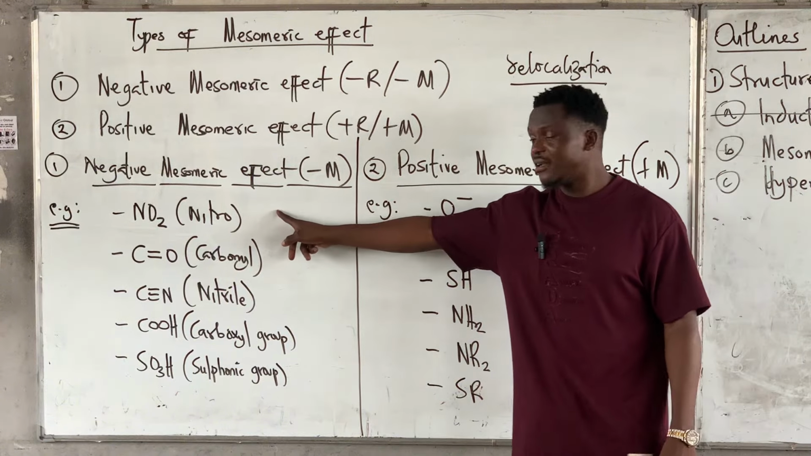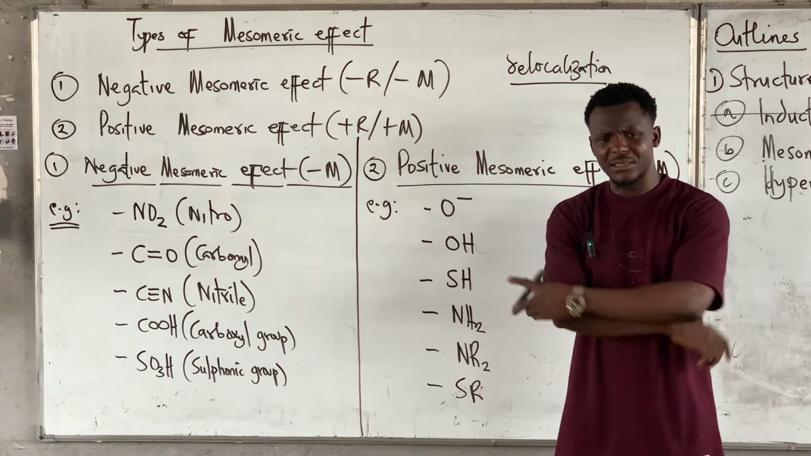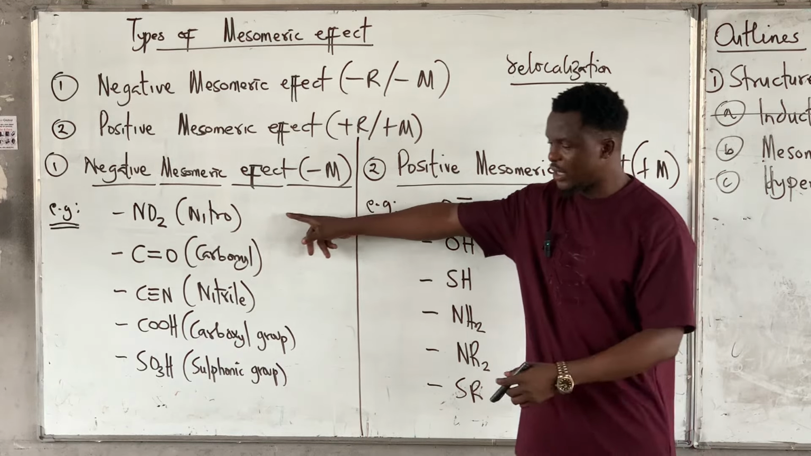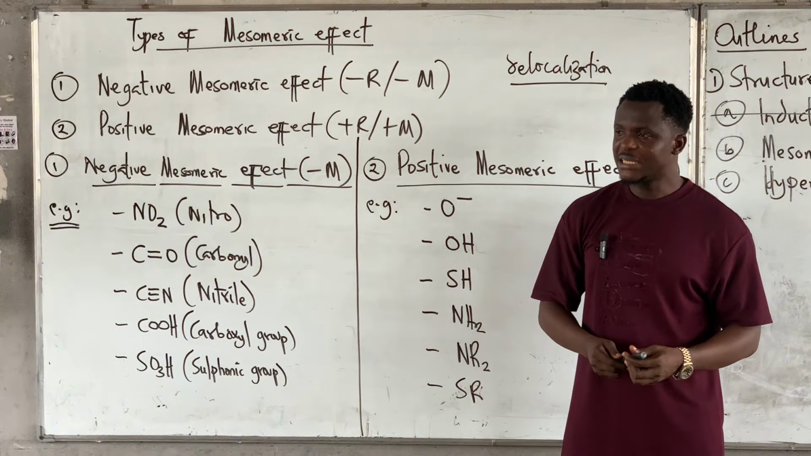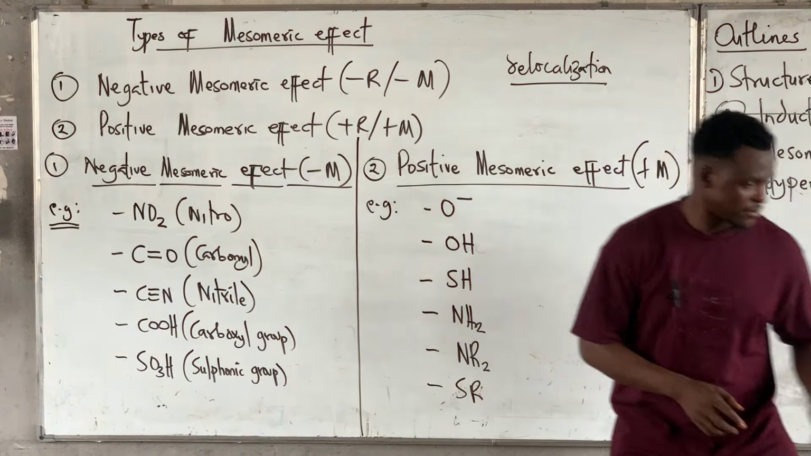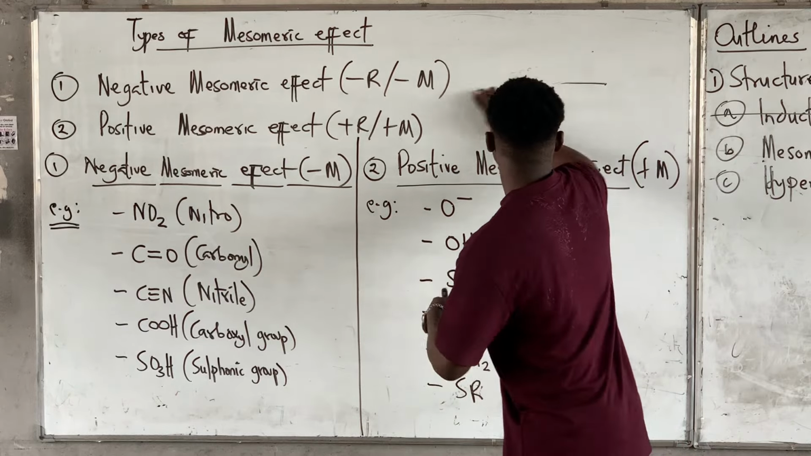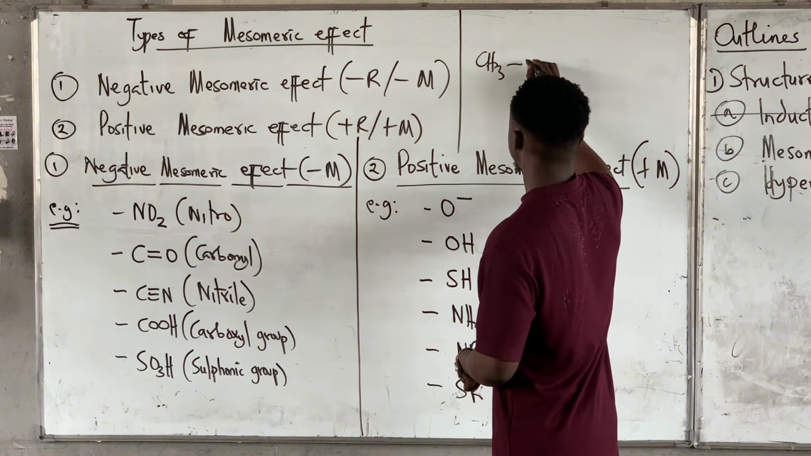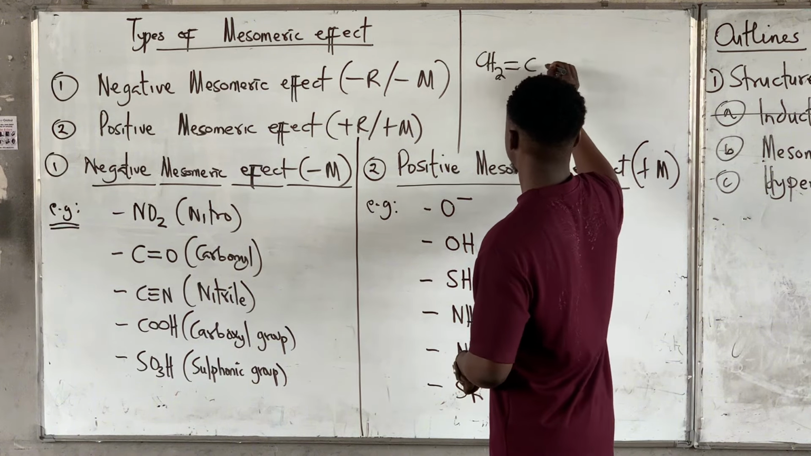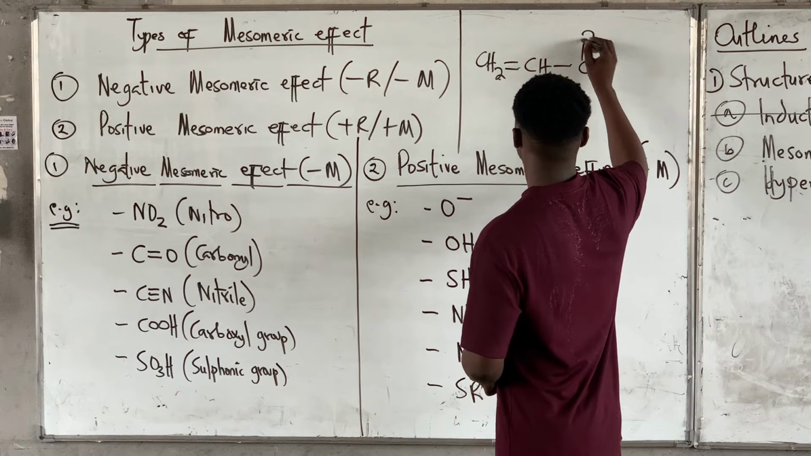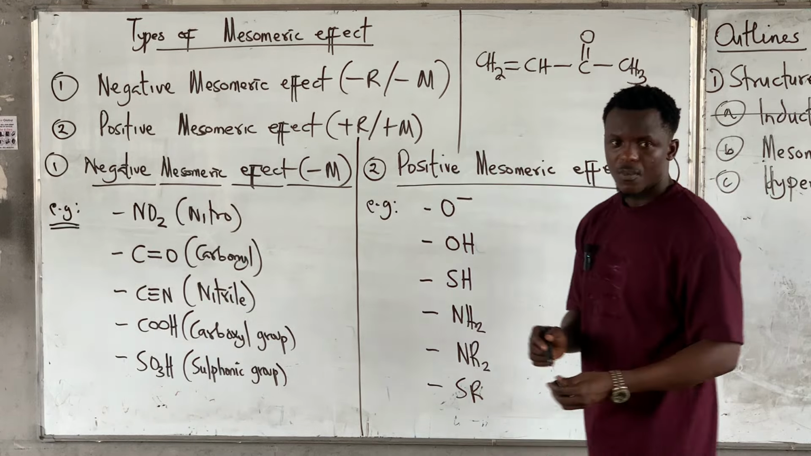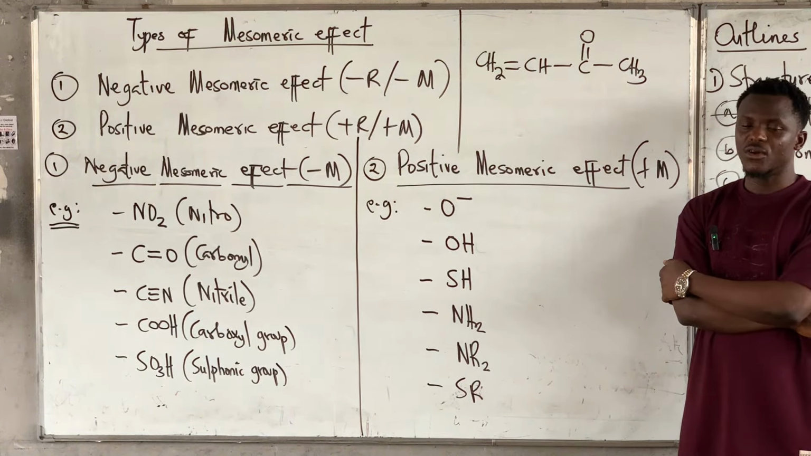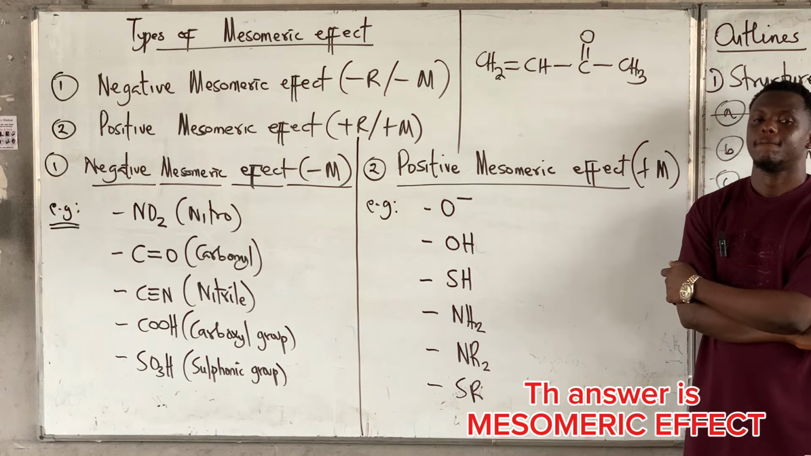However, if I attach this guy to a carbon that has just a single bond, I'm not going to experience minus M. I'm going to experience minus I. Take note of that. So what you're attaching this substituent to matters a lot. So in exams, they might give you a compound like this and ask which type of effects can be seen here: mesomeric or inductive? Why? Because there is a